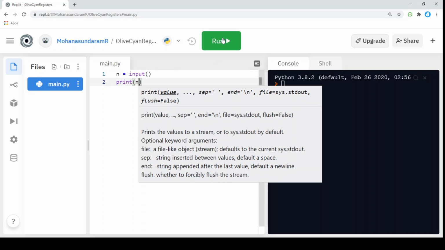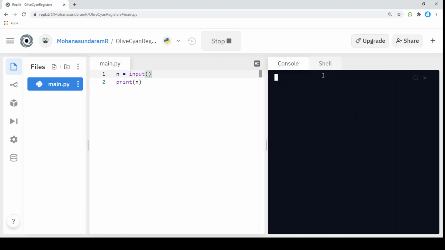If I run this, you can see we get nothing. If I type "hi from Chennai" and press enter, you can see that I got the return value. This way we can get an input from a user. This is an inbuilt method called input, which helps to get an input from the user.